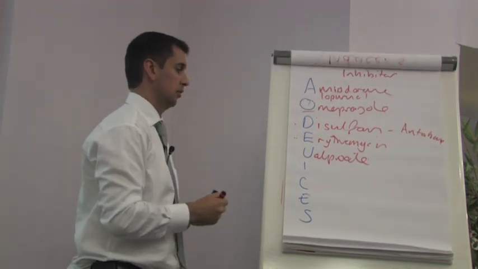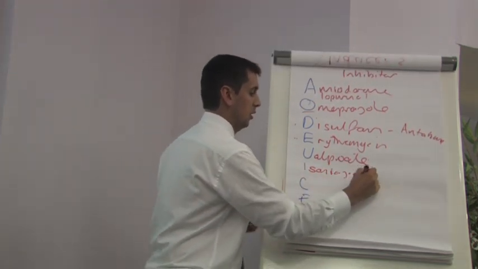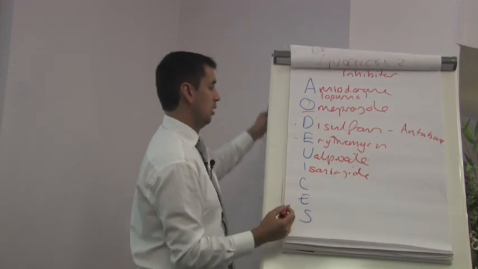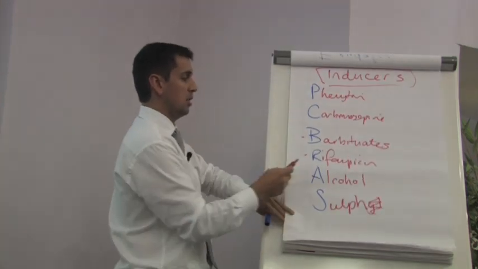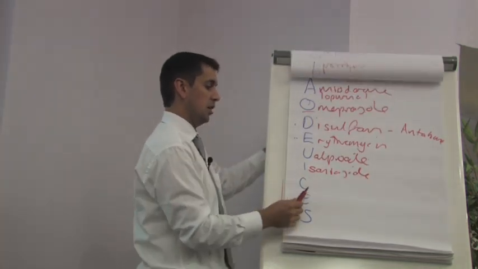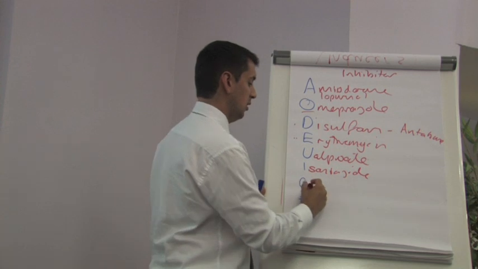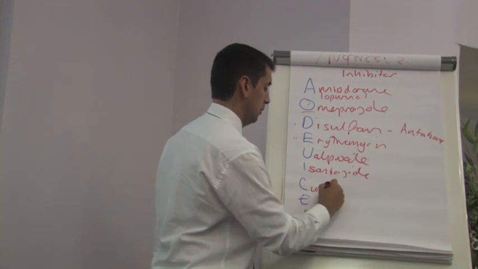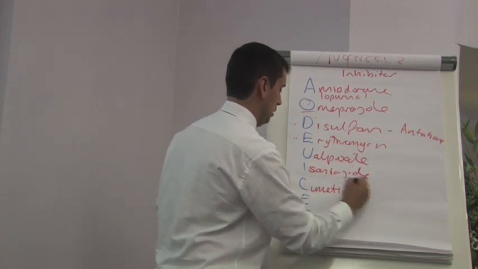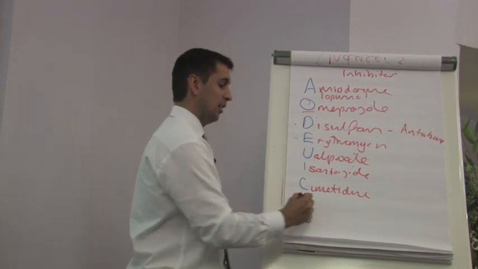I, isoniazid, isoniazide. C, rifampicin was on this one, anti-tuberculotic drug. Isoniazid. C, cimetidine, you don't really use it very much. E, ethanol, this is,